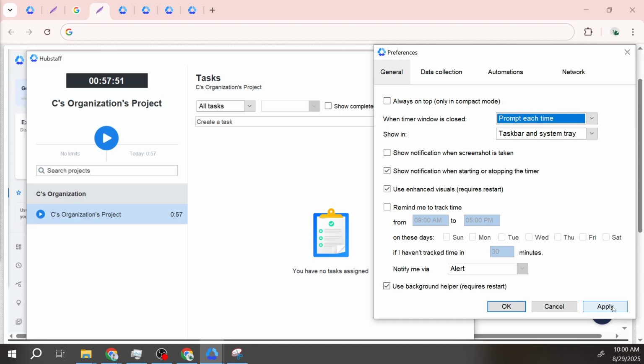By following these simple steps, you've successfully turned on the screenshot notification setting on Hubstaff. It's as straightforward as that. And these notifications can significantly enhance your workflow by ensuring you are always informed about what's being recorded during your work sessions. Whether you're a manager wanting to align with your team or an individual looking to maintain transparency, this quick setup can serve